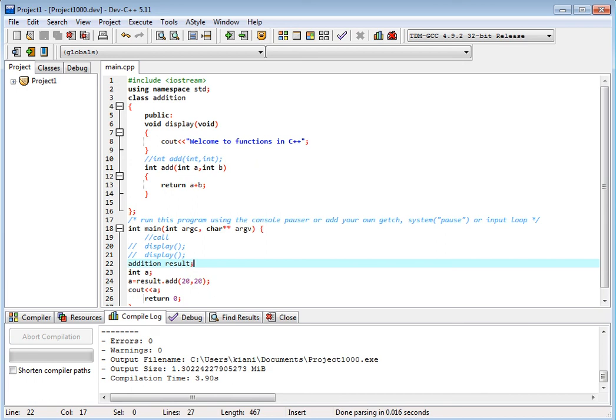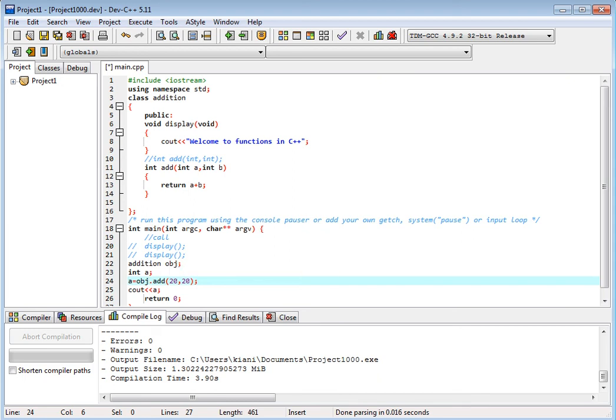This is an access specifier, that these two functions are public. We made a variable result. This is an object to access these two functions. I can write obj, object. So obj dot add.